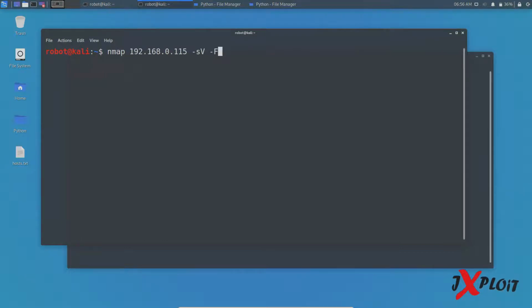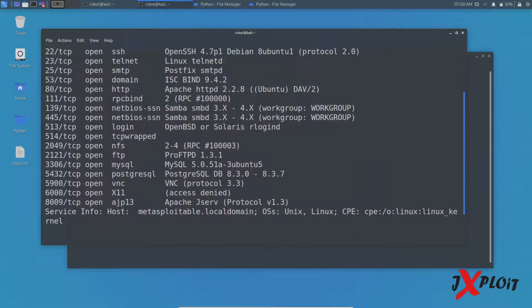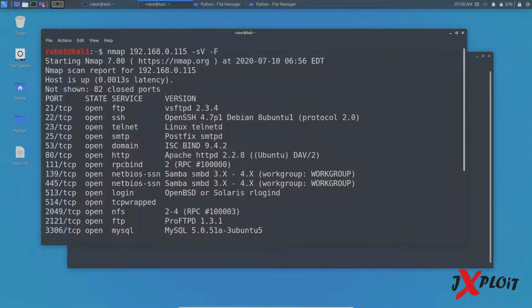Okay, so let's scan the host and the scanning is going on. So the scanning is done and Nmap has given us the version details of the services running on the host. And as you can see, the version of FTP is vsFTPd 2.3.4 and that of SSH is OpenSSH 4.7p1 and so on and so forth. So I have restricted the scan to the top 100 ports by adding caps -F in the command. If you don't use this, Nmap will scan all the ports and it will take a long time to